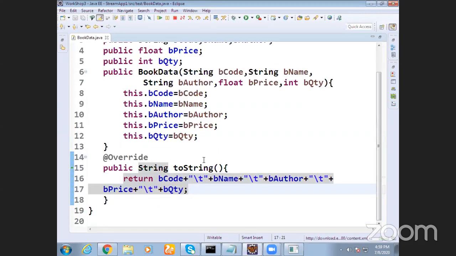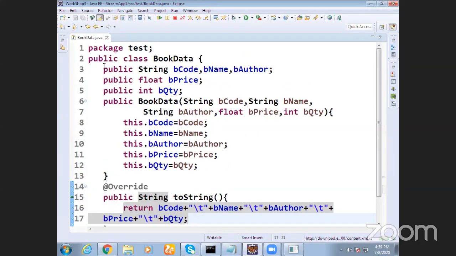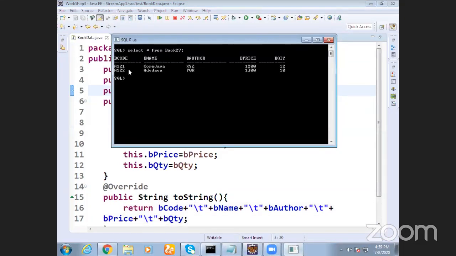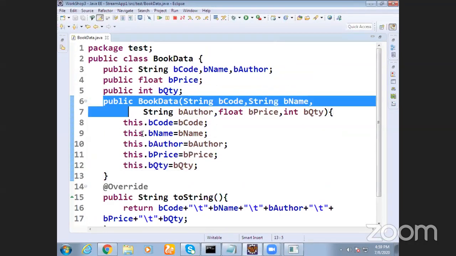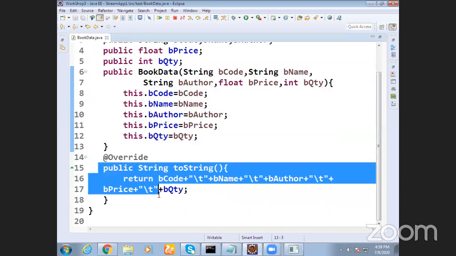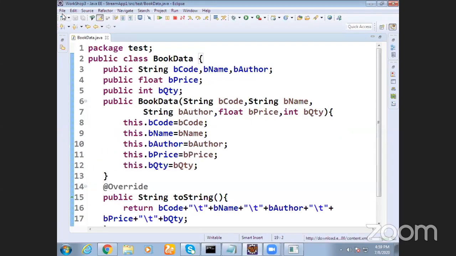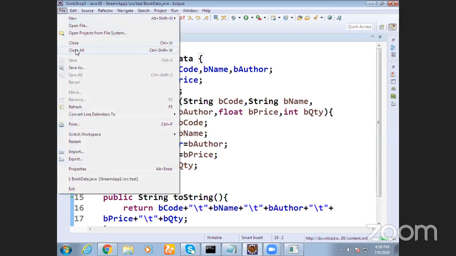This is the normal user-defined class. I took four variables. Why did you take these variables, sir? They are equivalent to database columns. Remember that statement. The rest is one constructor and one toString method to display the data. After constructing this user-defined class,